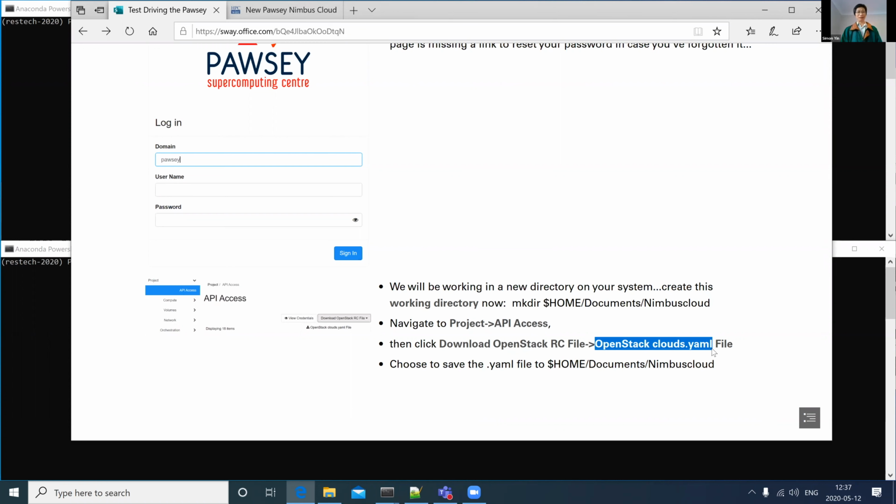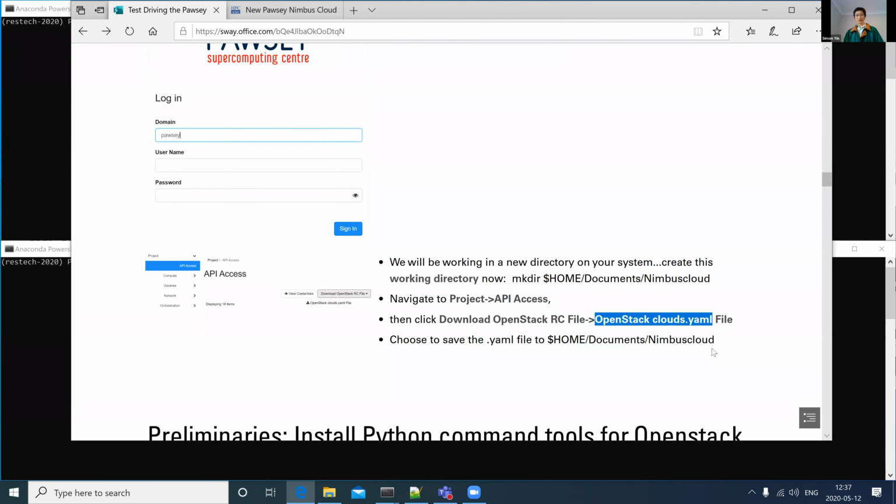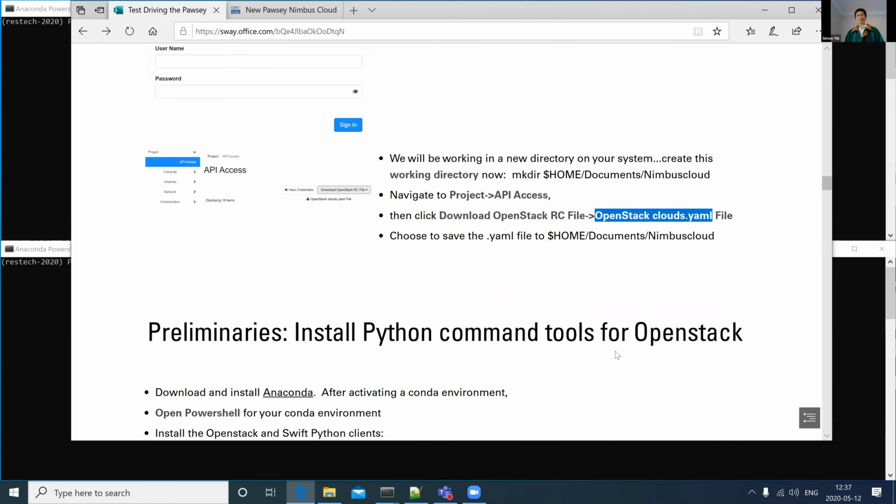So in my case, for this test drive, I used my work provided Windows machine. I created a directory called Nimbus Cloud, and I saved the OpenStack clouds.yaml file in there. Okay, so that was the first step. Then the next step is to,